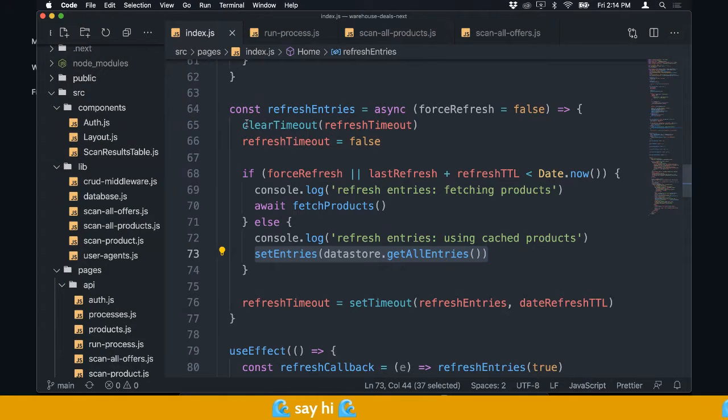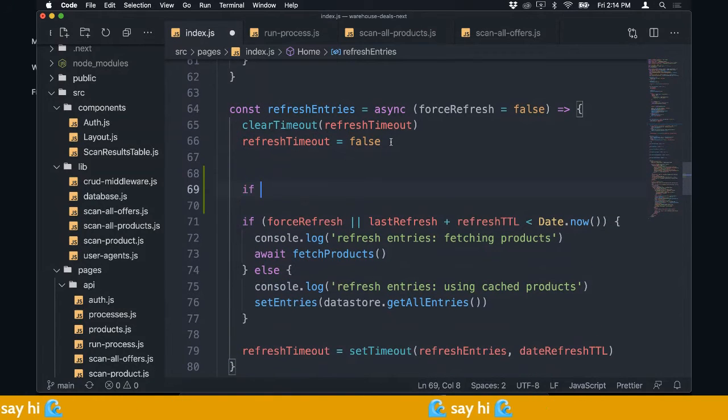And another thing you might notice is I said refresh timeout equals false. The reason I do that is anytime I store a timeout to a variable and I clear it, I always set it to false so that I can do a check. Sometimes in code I want to do something like if refresh timeout does not equal false, then I know that there's a current timeout set on it. Because whenever I set it down here,